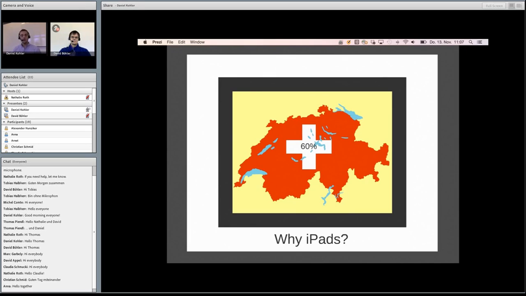And the problem is that you actually have so little space to build e-assessment PC rooms, or actually to build anything, because around 60% of the area of Switzerland is not usable for buildings. And this is why we need to take a step in the direction of mobility, and that's why we have chosen tablets, or especially iPads, to go in that direction.